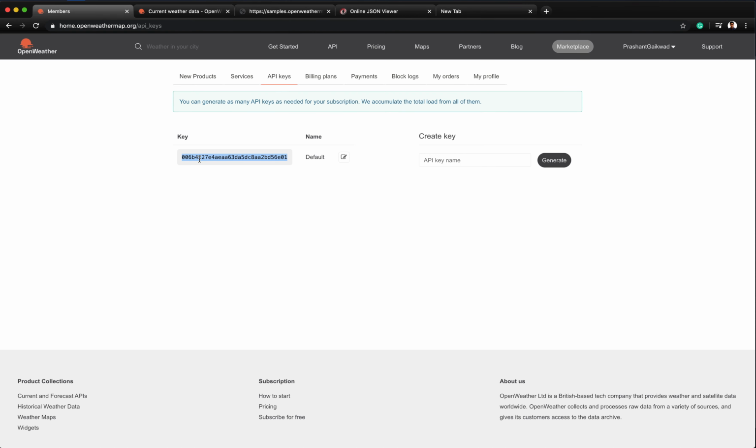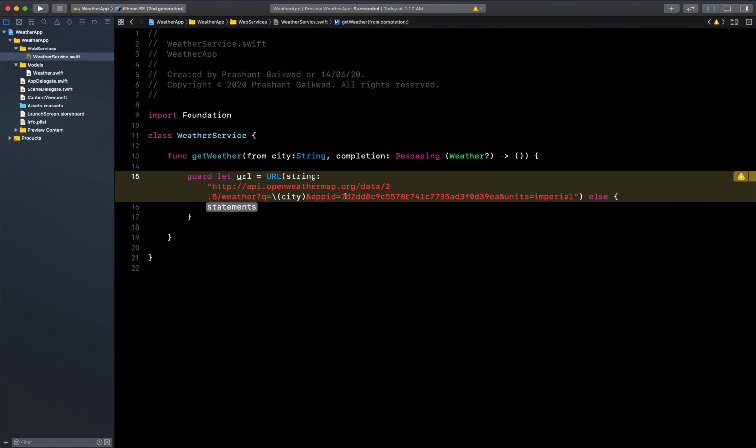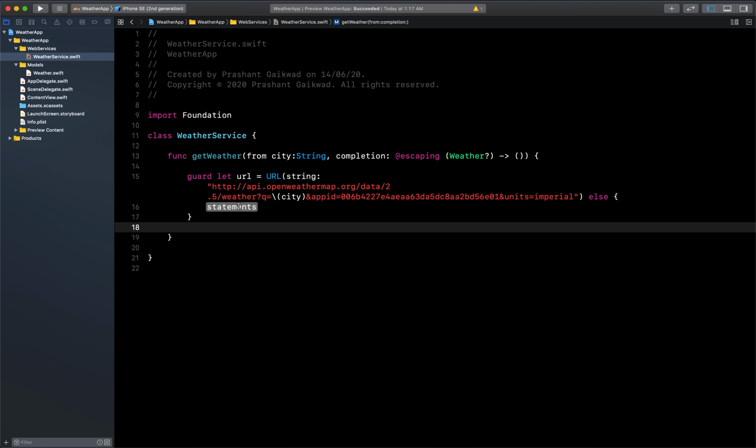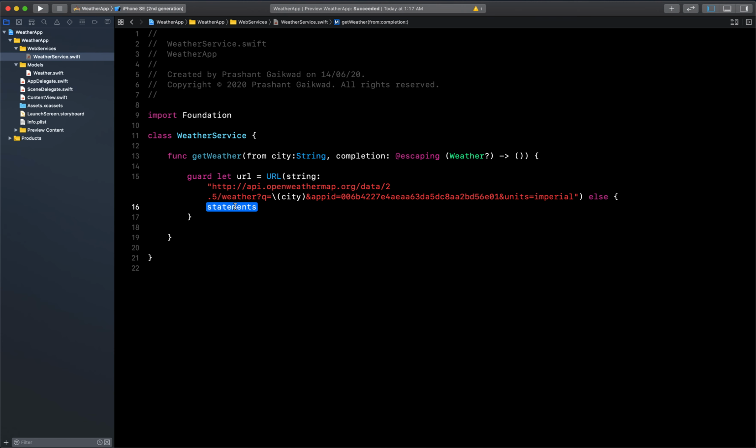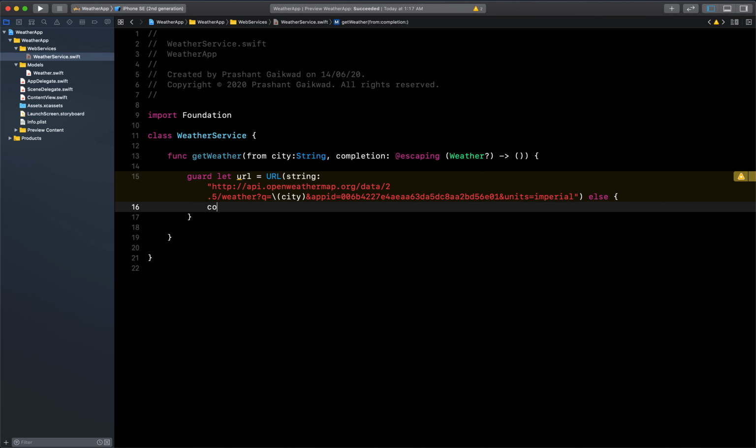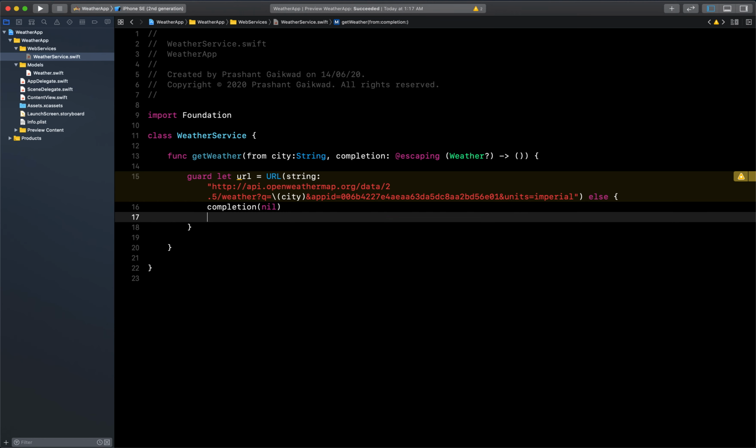So let me copy it again. Okay, so that's our URL, and if by chance this doesn't work, then we need to return nil if our URL is not correct, and make sure you call the return at the end.